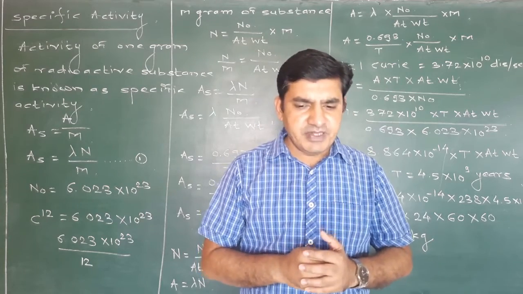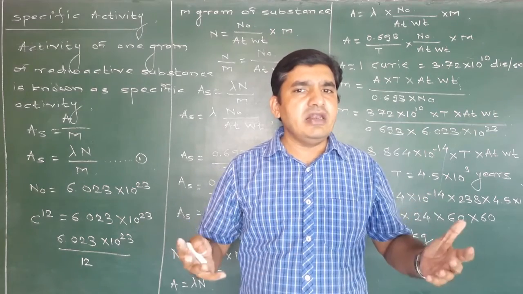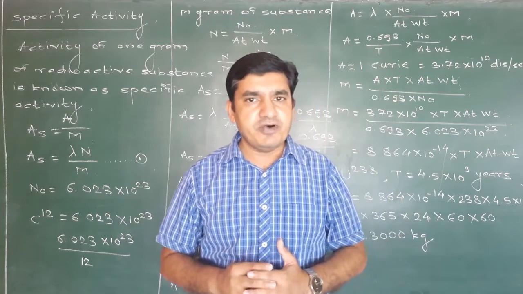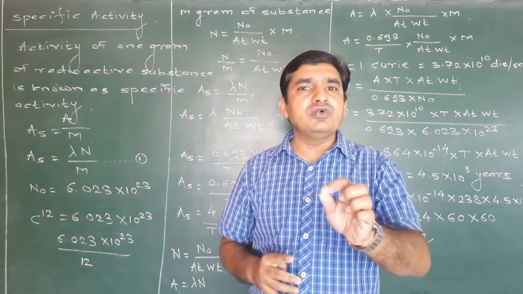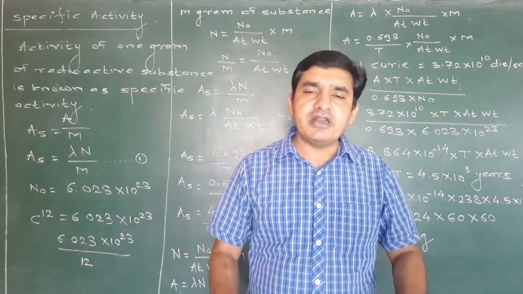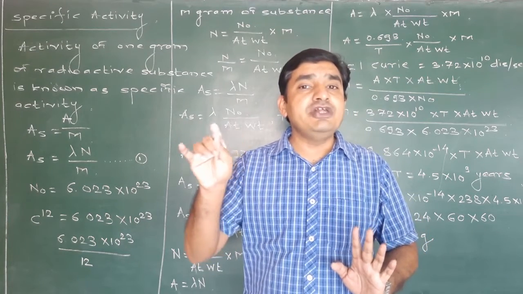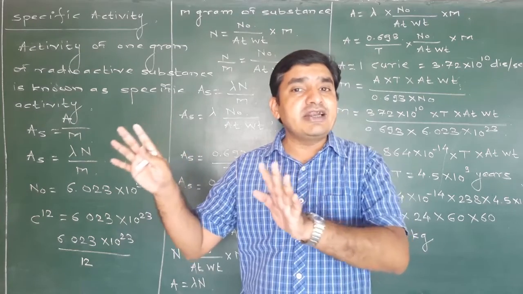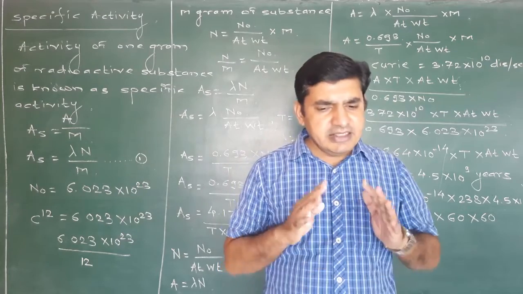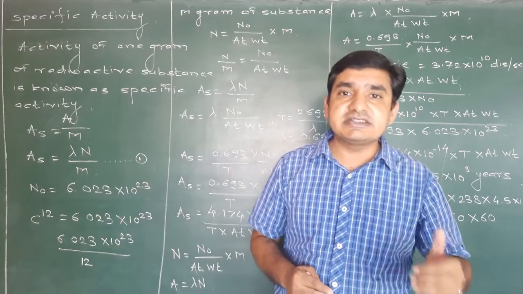If we consider carbon-12, then 12 gram of carbon consists of 6.023 into 10 raised to 23 atoms, and therefore 1 gram of carbon consists of 6.023 into 10 raised to 23 divided by 12 atoms, and therefore m gram of a radioactive substance consists of